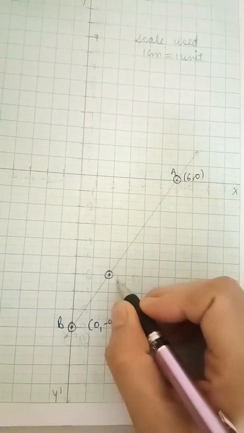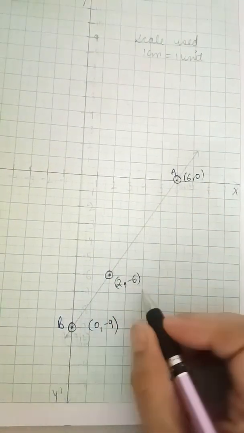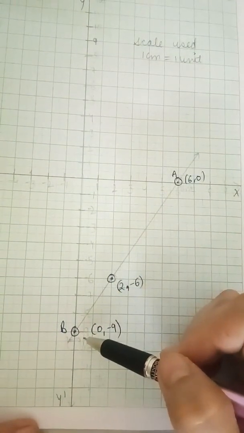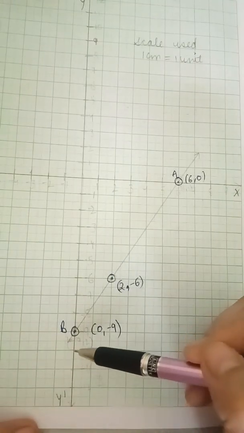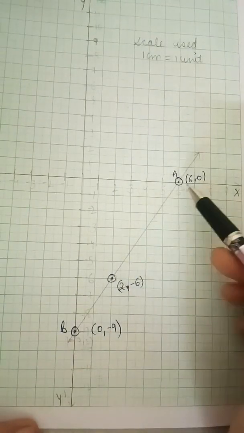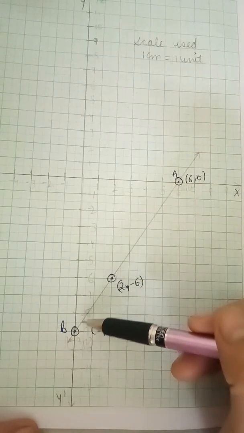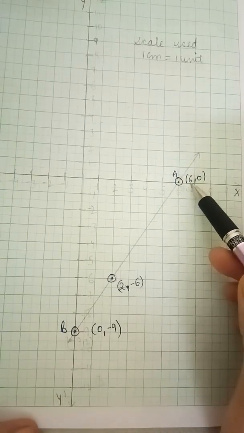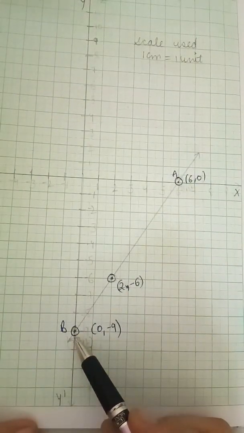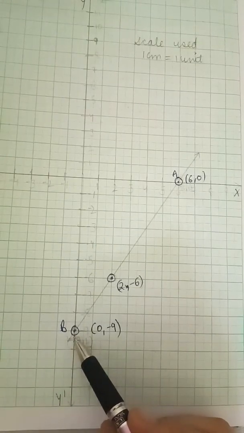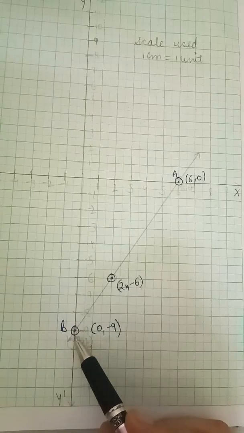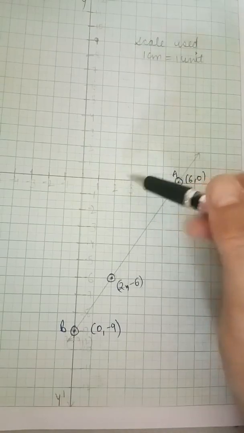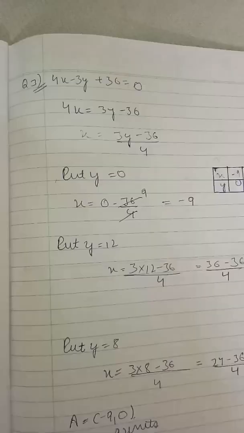The point A is (6, 0), B is (2, -6) and this point is (0, -3). After plotting these 3 points, we will draw a straight line. And now you have to find at what point this line intersects the x-axis and at what point the y-axis. We can see clearly it intersects the x-axis at point A, so the coordinates of A are (6, 0), and it intersects the y-axis at -9. So B will be (0, -9), and this we are supposed to calculate in this question. And for the scale you will write, you are giving the gap of 1, so 1 centimeter will be 1 unit.